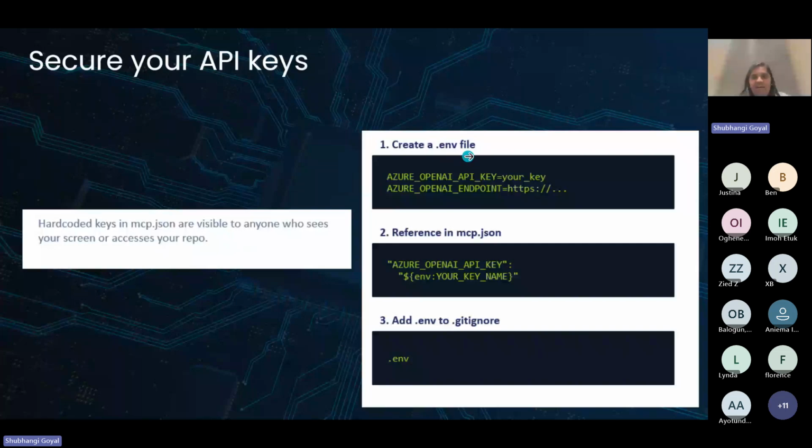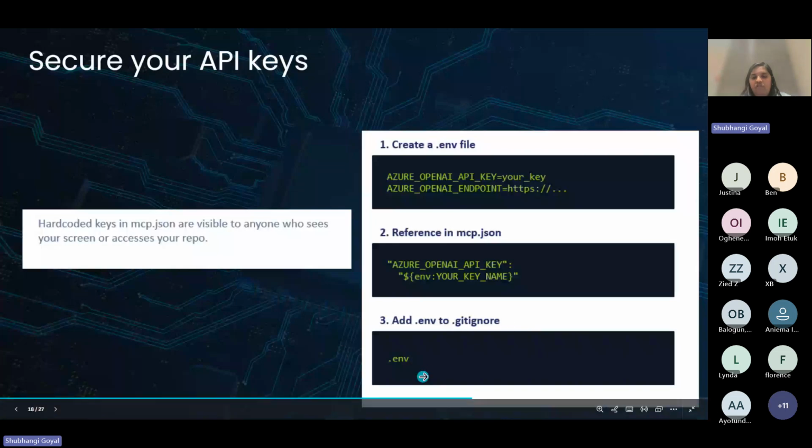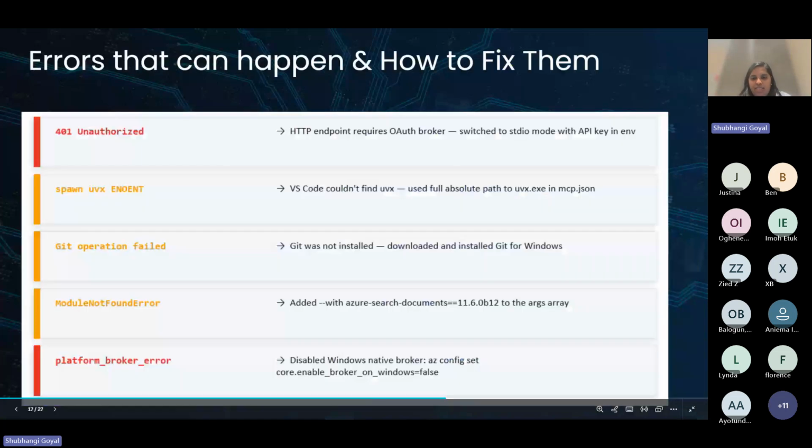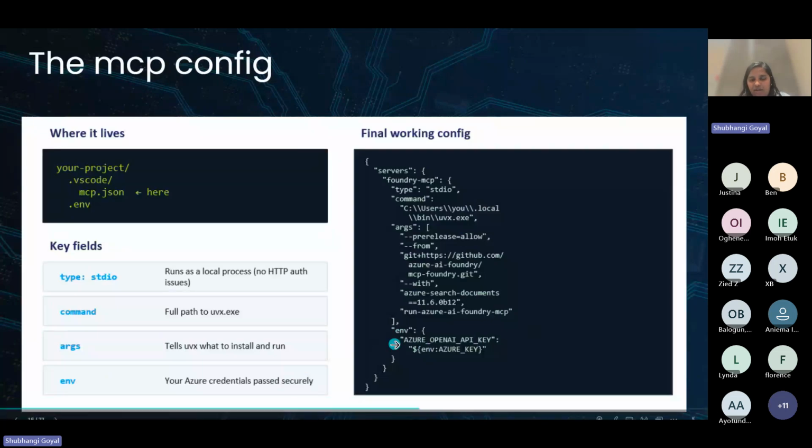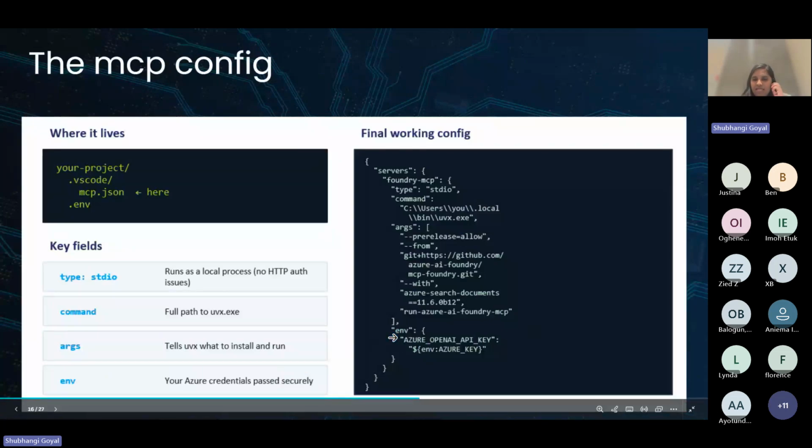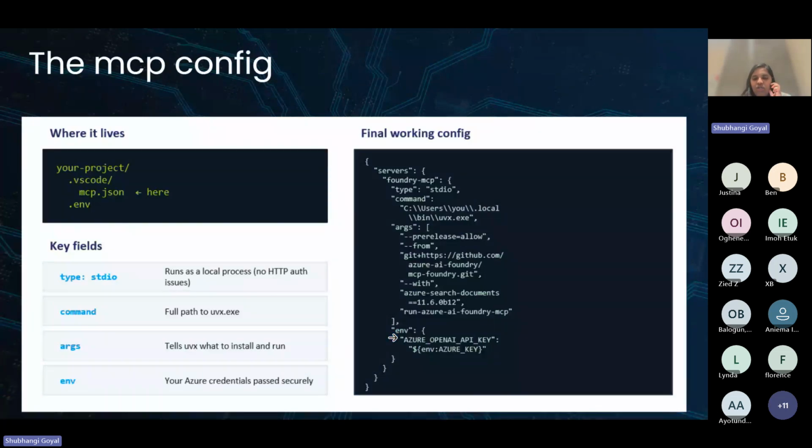This is the way I have done it. Maybe add all your API keys there and then reference that file in your mcp.json, and then add .env to the .gitignore file, which means this file will just sit on the side and will not be a big problem. Essentially, .env is where everything is. You don't have to write the original values in your mcp.json file. You can just put it there.